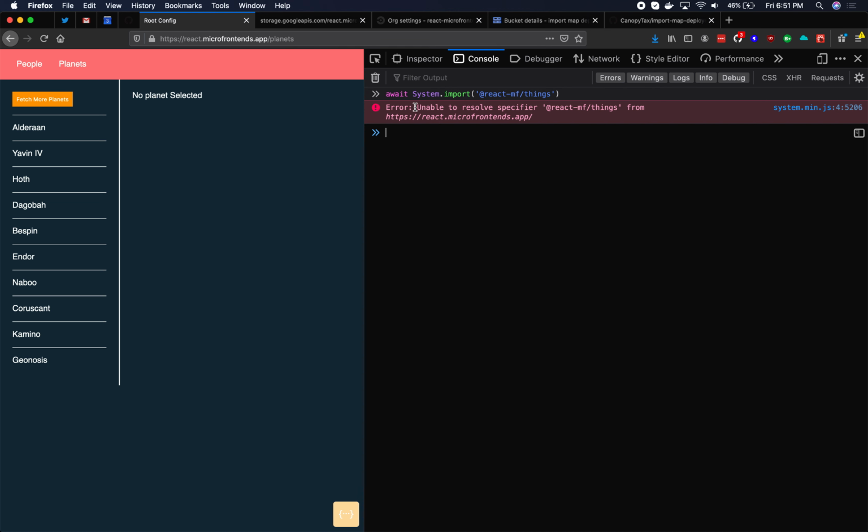So it says unable to resolve specifier indicates, I don't even know what you're talking about with this reactmf things. That's not in your import map. I don't know what you're talking about. So, ideally, once we deploy it, we'll be able to rerun this, and it will actually not fail, it will work, and when it works, it will give us what is that microfrontend as an object, as an in-browser JavaScript module. So for example, the navbar,